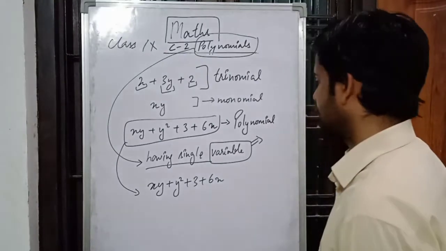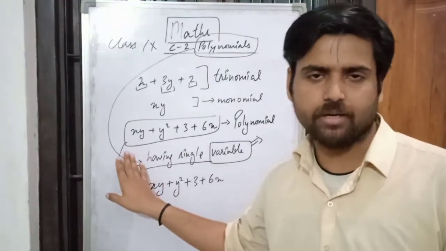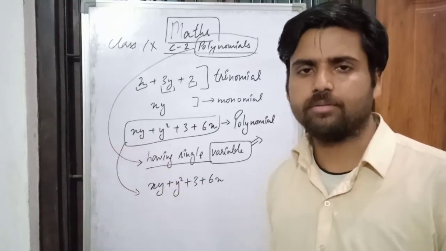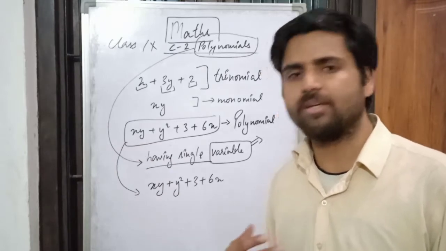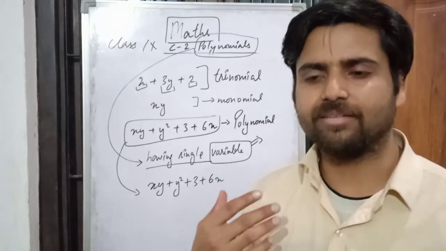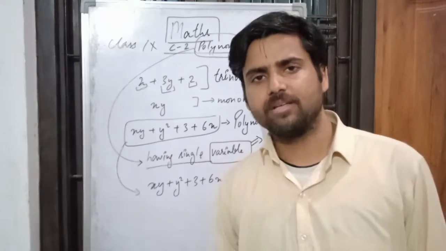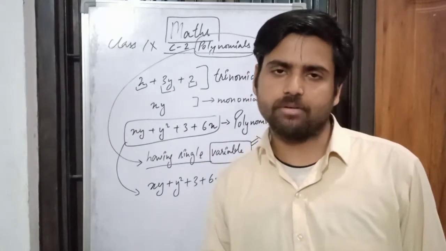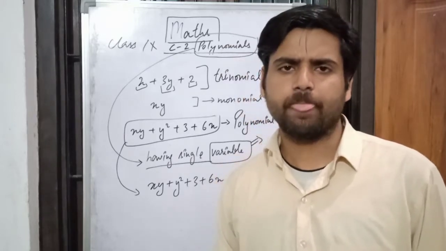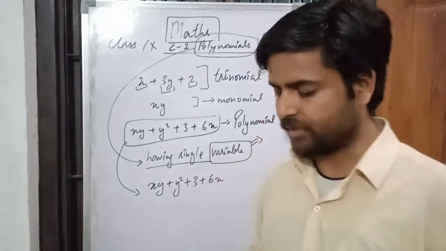So I hope you have understood what actually a polynomial is. It is an algebraic expression which is having more than 3 terms. But usually when you see further in this chapter, you will see that an expression which is having two terms, that also we are calling a polynomial. But in general we don't do it that way. But students make the mistake of saying it like that. So that's why I've told you in the beginning itself.